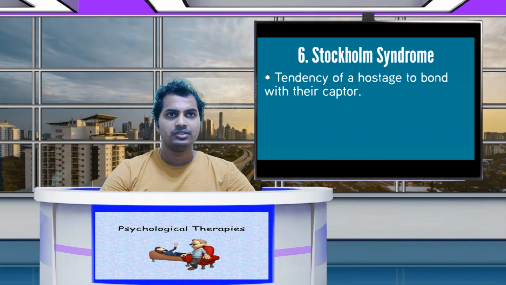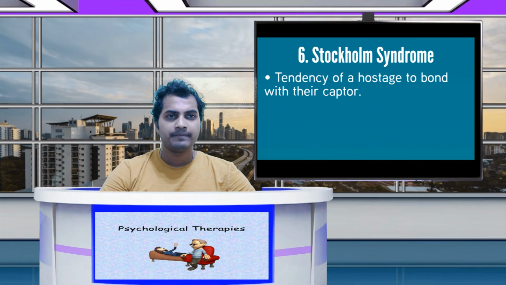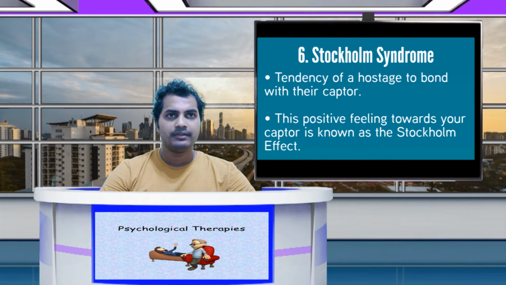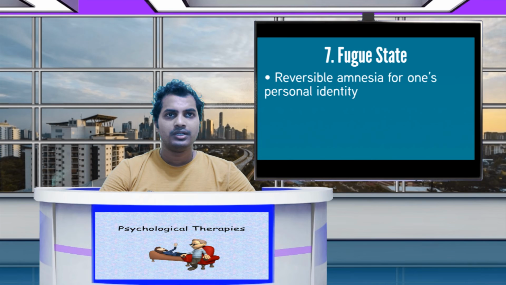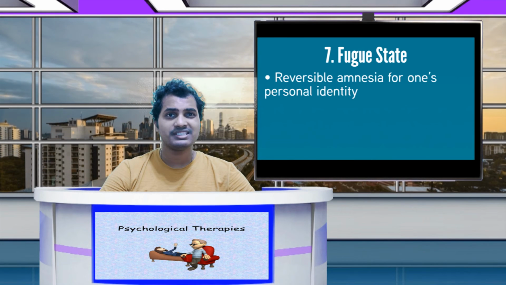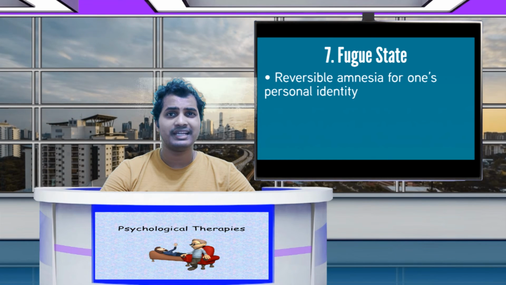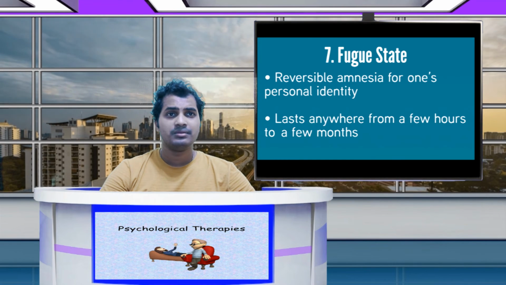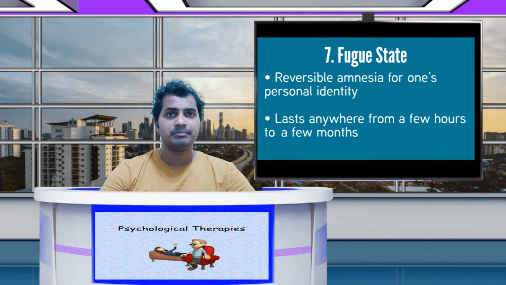desvenlafaxine succinate, duloxetine, levomilnacipran, venlafaxine, and novel serotonergic drugs such as vortioxetine, formerly called Brintellix, or vilazodone. The older tricyclic antidepressants such as amitriptyline, imipramine, nortriptyline, and doxepin. The drugs thought to affect mainly dopamine and norepinephrine, such as bupropion, Wellbutrin,